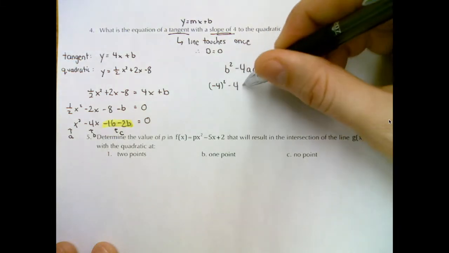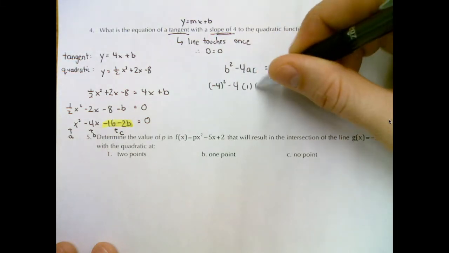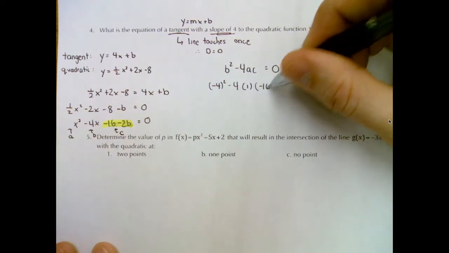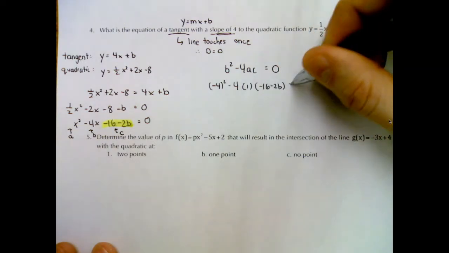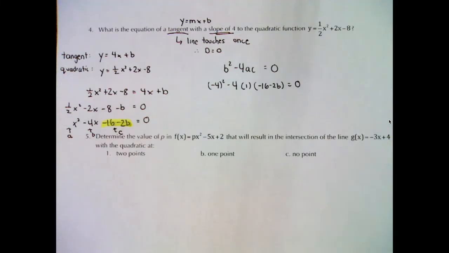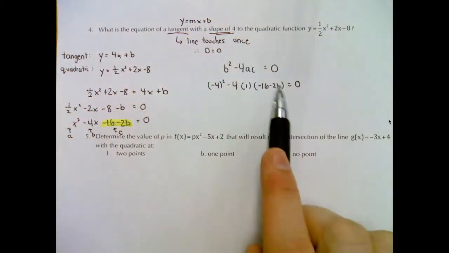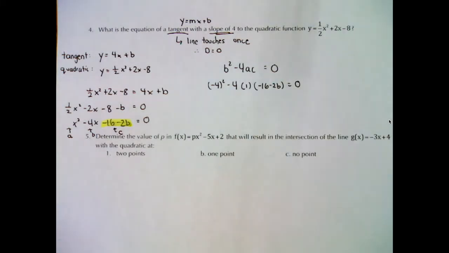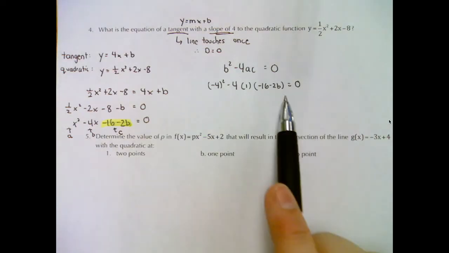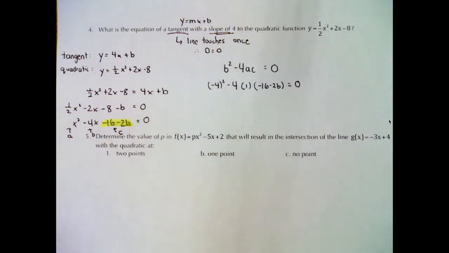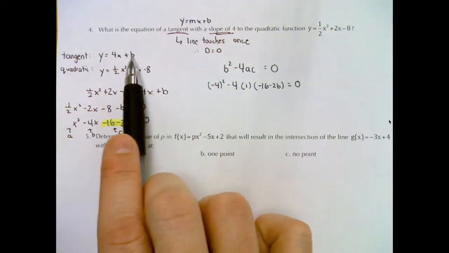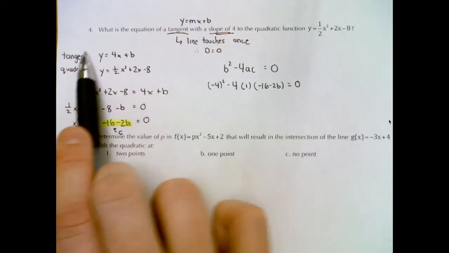And a is 1. C is the thing that's a little complicated. It's negative 16 minus 2b. But we know that whole thing needs to equal 0. And now what we have here is just a bunch of numbers with a single letter. When you have an equation with numbers and letters, and there's just a single letter, you can solve for that letter. Solving for that letter, that b, gives us the b of our tangent,